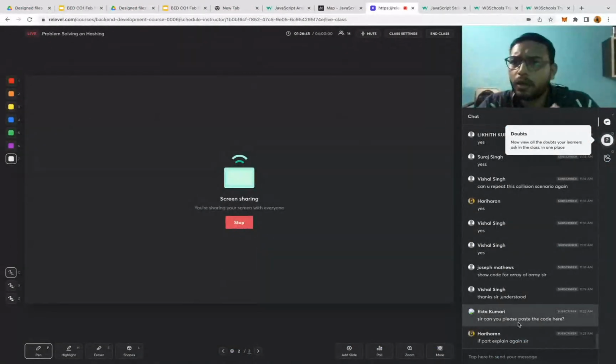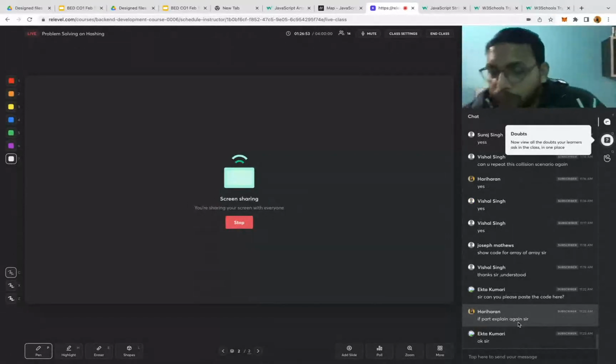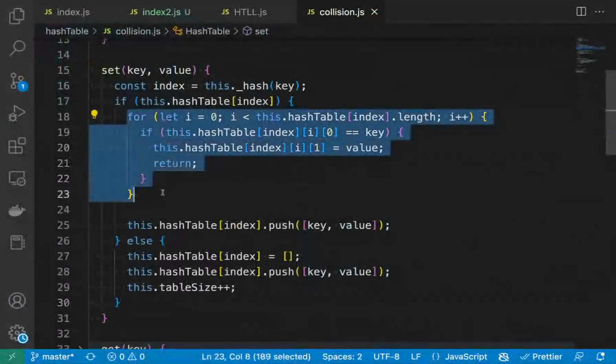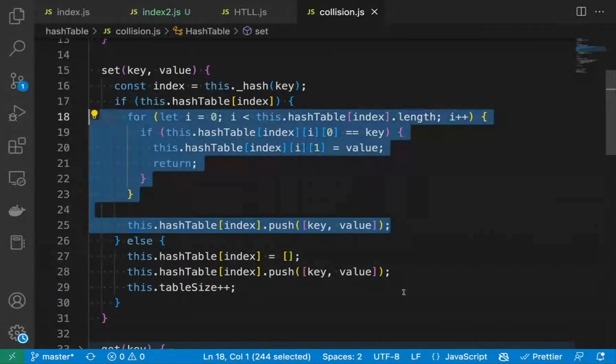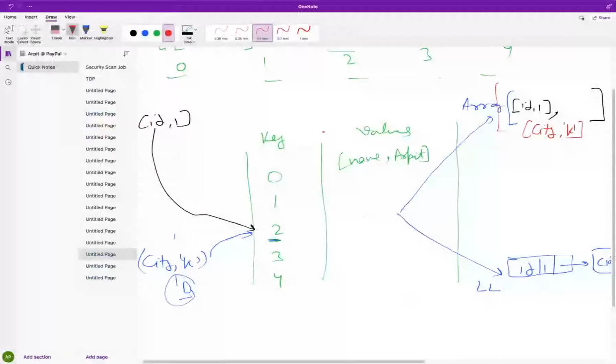So, can you please pay? See, already this code is available in GitHub, Ekta, in my repo in the master branch. So it would be great if you can copy from there. If part, explain again, sir. If part. This one, right? This whole thing, line number 18 to 25, right? Yeah. So, Hariharan, see,